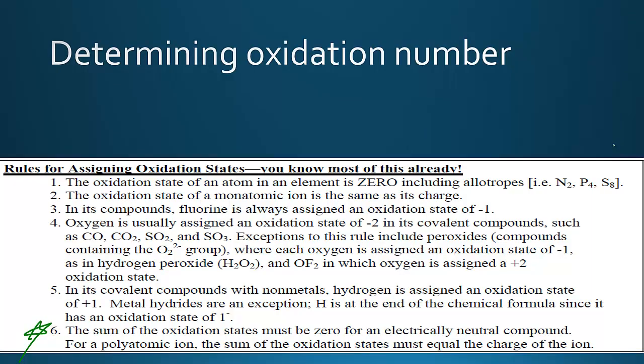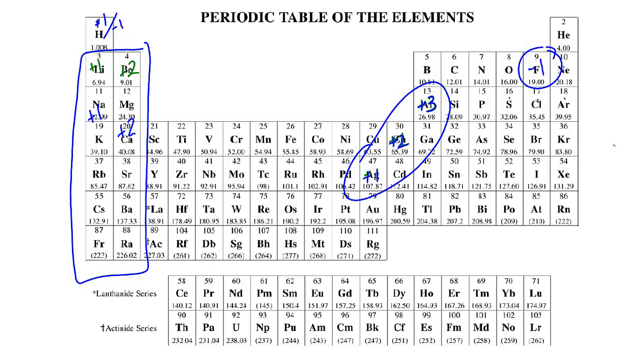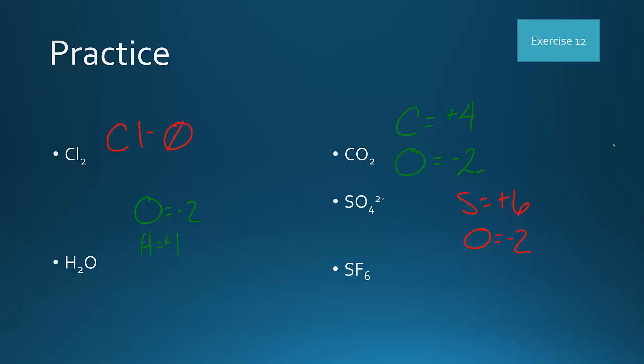These rules aren't all inclusive, there are more to them, but if you just remember these few, you can determine the oxidation state of practically every atom in a compound. Again, we are going to say oxygen is -2 for the vast majority, and then everything else should fall into place. In our final example, why don't you pause the video and see if you can determine the oxidation state